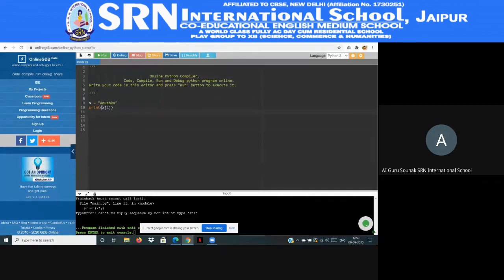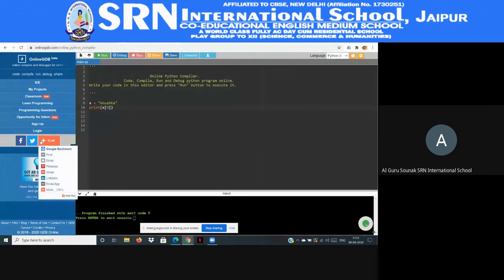So if I give x[1], then my output will be A. Let's see. No, it is giving n. That means the position of n is 1. So if I give 0 here, see, now it is giving A.